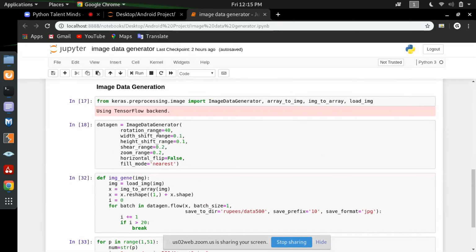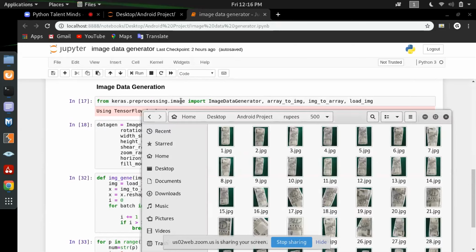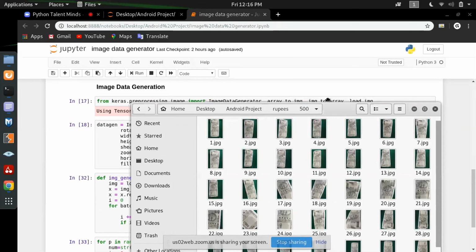See here, rotation range, width shift range, height shift range. That means every image will undergo either zooming or some rotation. It will change the shear of the image, or it will zoom that image, and by that process it will convert the data into 20 times the original data.